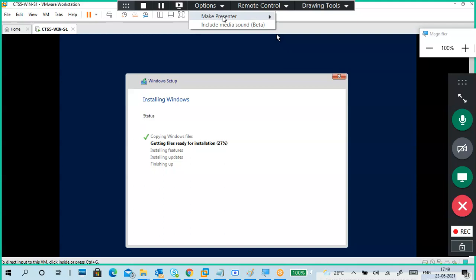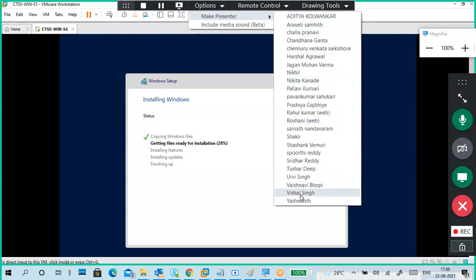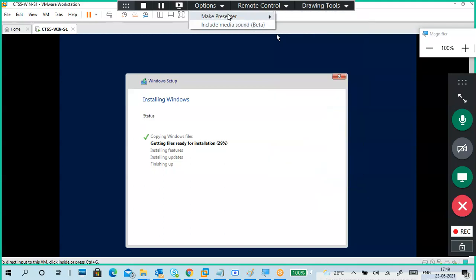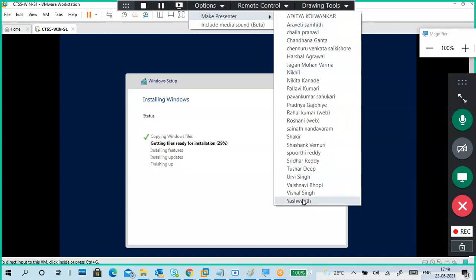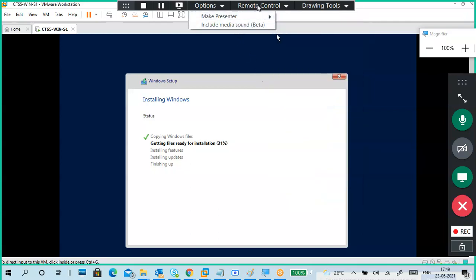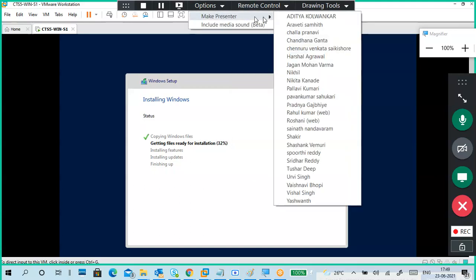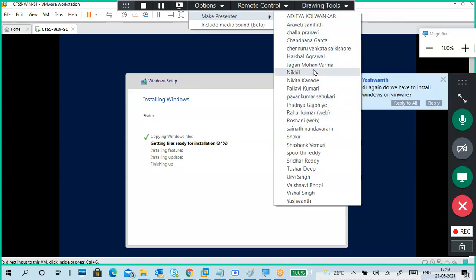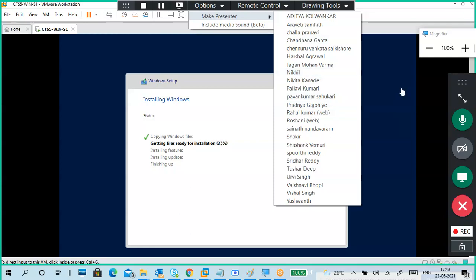What are these options? There is a make presenter option also. We can make someone a presenter. Include media sound. So we'll try presenter. Again we do.